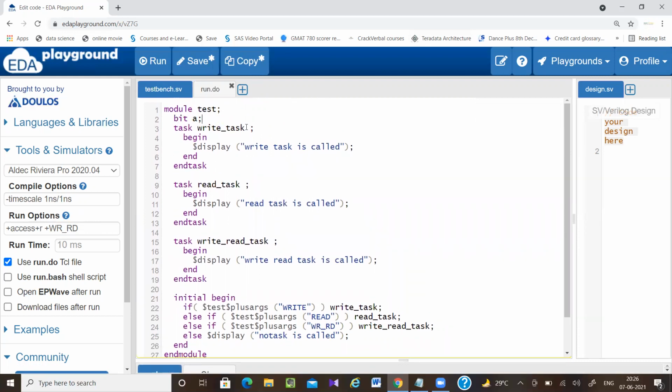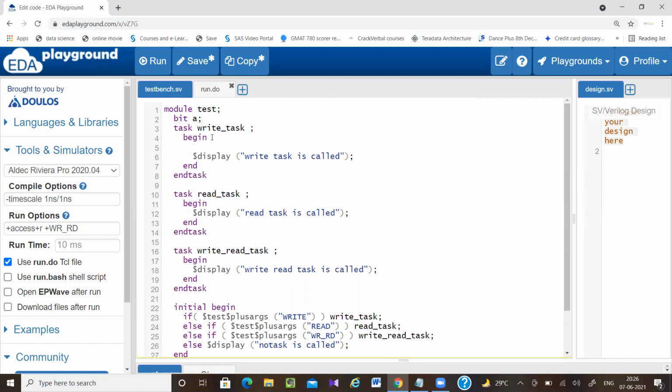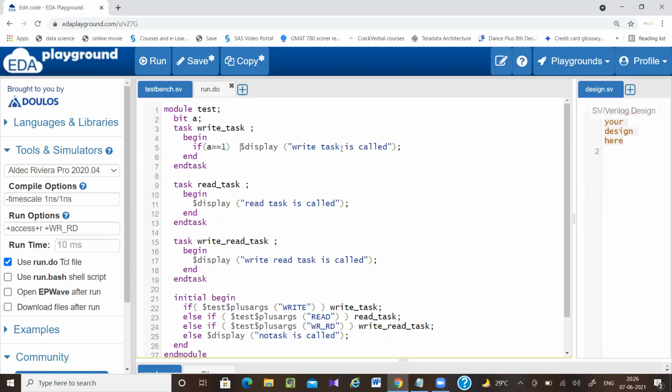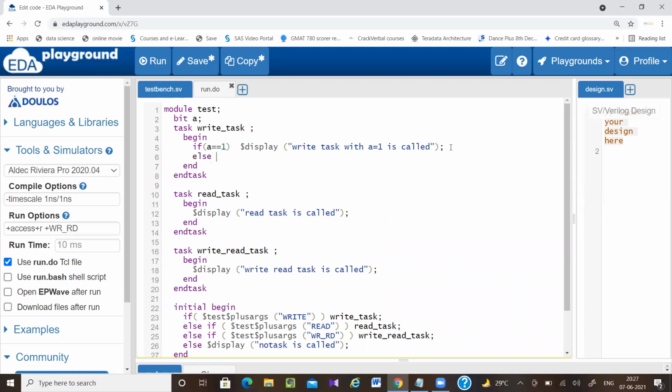So now here, if a equal to 1, then write task with a equal to 1 is called. Let's say you have different conditions. Else write task with a equal to 0 is called.